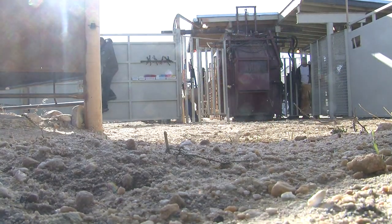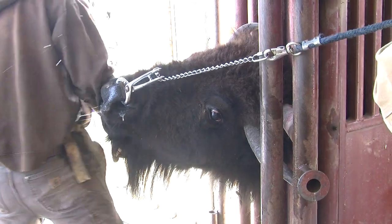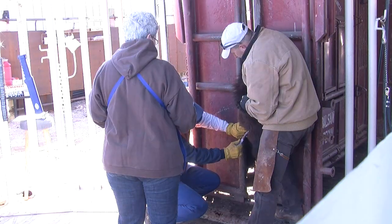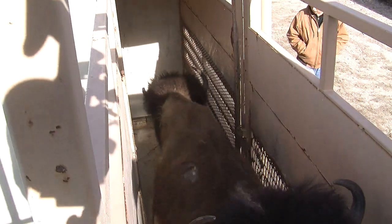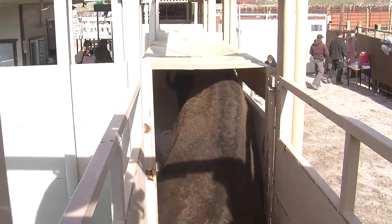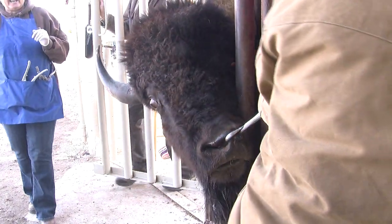They're very healthy. Our veterinarian comes out, he screens the animals for parasites through fecal samples, and this year the parasite load's extremely light, so we're not putting a pour-on to control parasites. We're just giving them an 8-way vaccination. The needle's huge that they vaccinate them with. Once we've drawn the blood, it's run up to the state lab and they check it for brucellosis. Brucellosis is a bacterium that causes cows to abort their calves, and so it can wreak havoc on the cattle